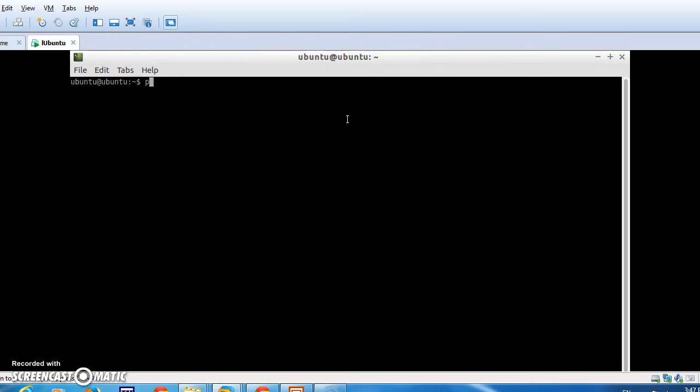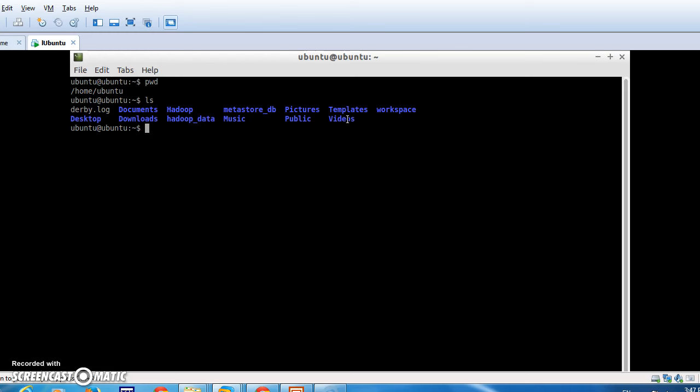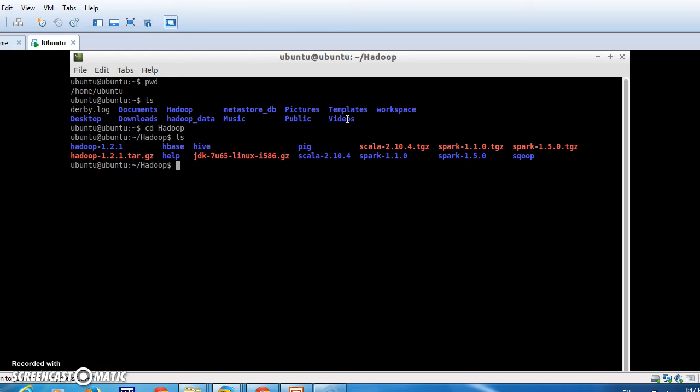This is the directory where we are in. So we have to go to the Hadoop folder with cd. Then we have to execute the HBase, right?